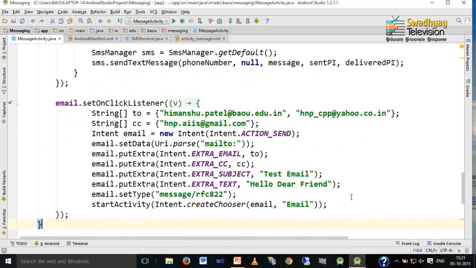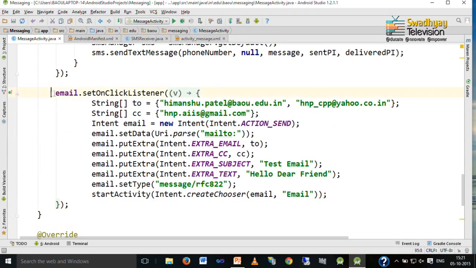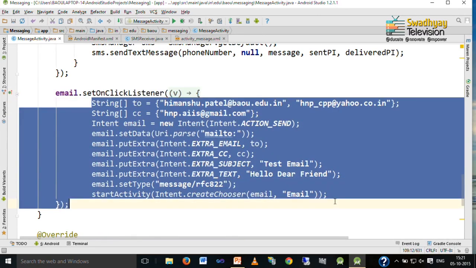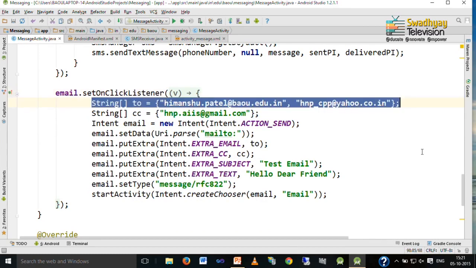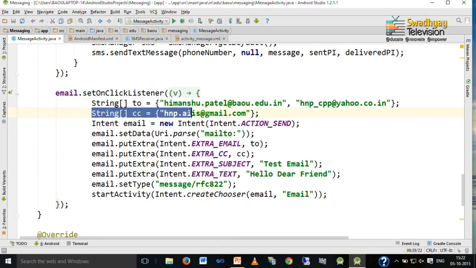Next is how to send email. So, on the click listener of the email button, we write this code. Now, this first argument specifies the "to" part, which is the address for sending email. So, who will receive the email is specified as a string array separated by commas, and CC is a carbon copy. If you want to send your email to somebody else with a carbon copy, then you can specify its address in CC.